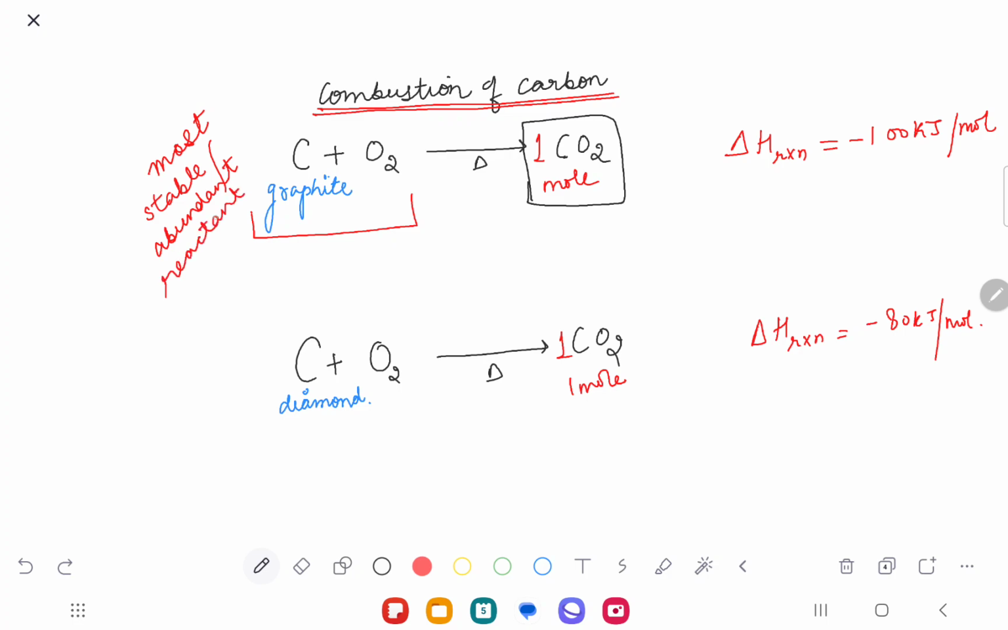And if this is happening, this heat of reaction shall be called the heat of formation of CO2. Because every reaction will definitely have some heat involved in it, right? Some amount of heat lost or gained. So the heat of formation of CO2 will be the heat of reaction for that particular reaction where 1 mole of CO2 is formed